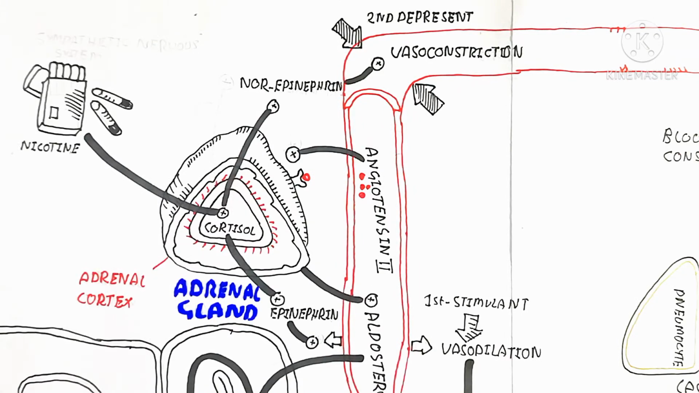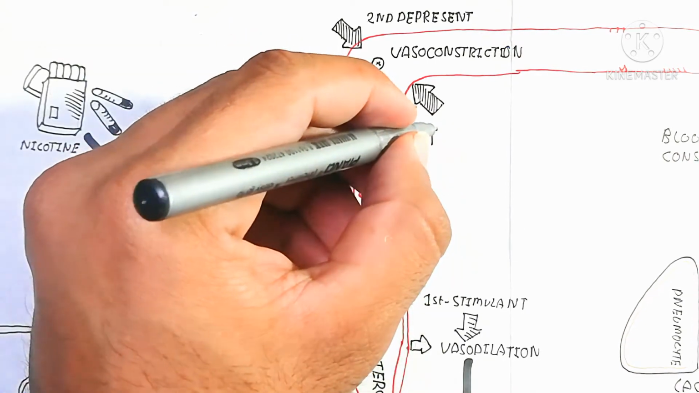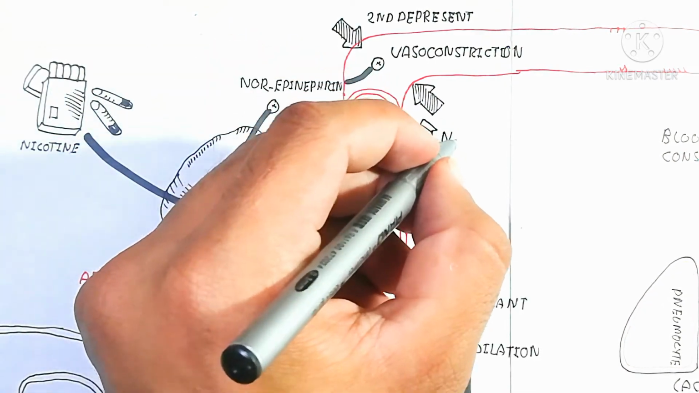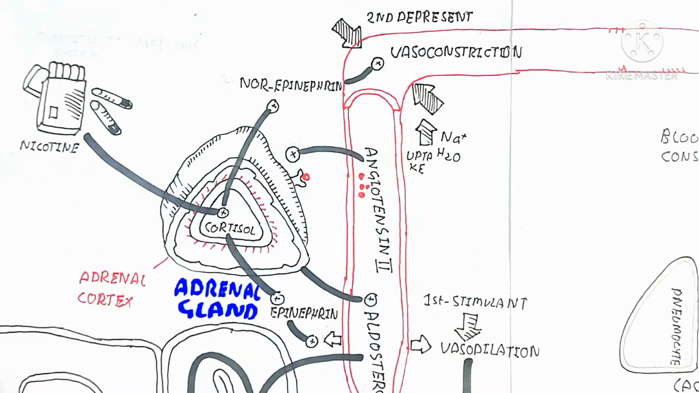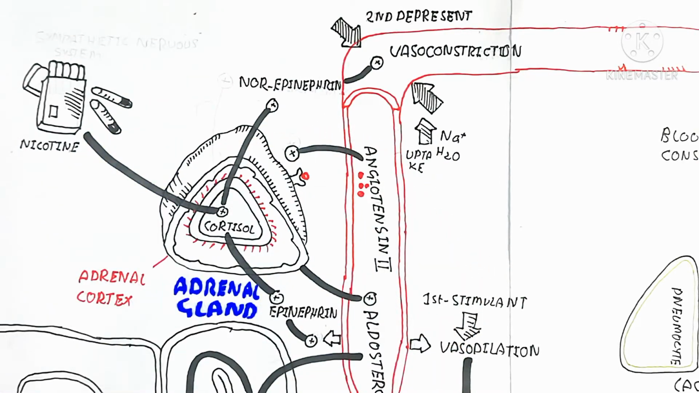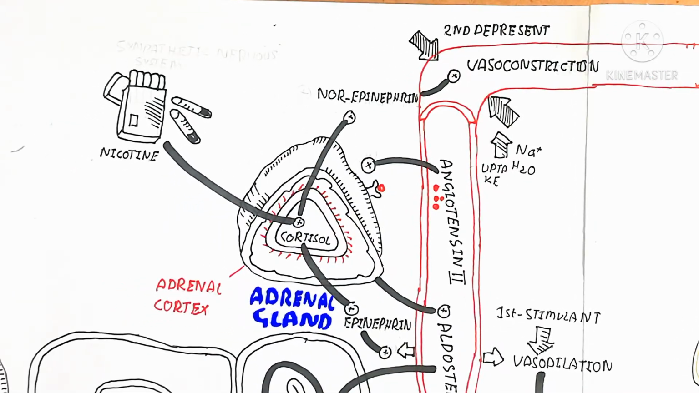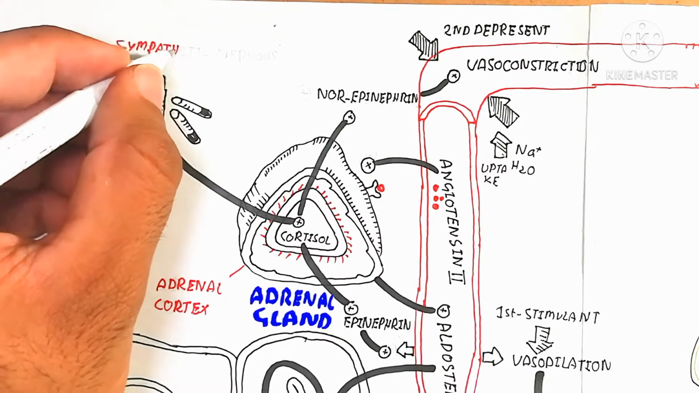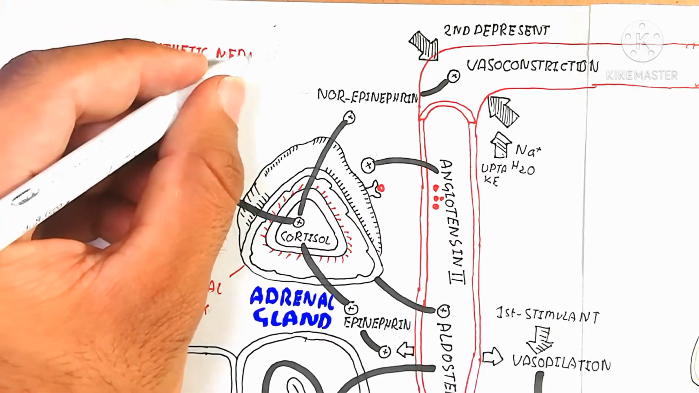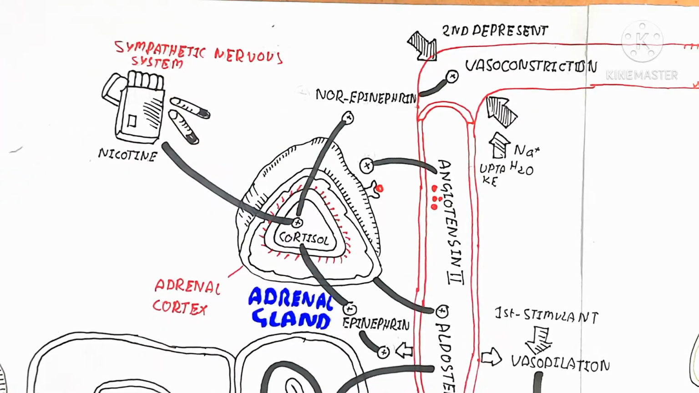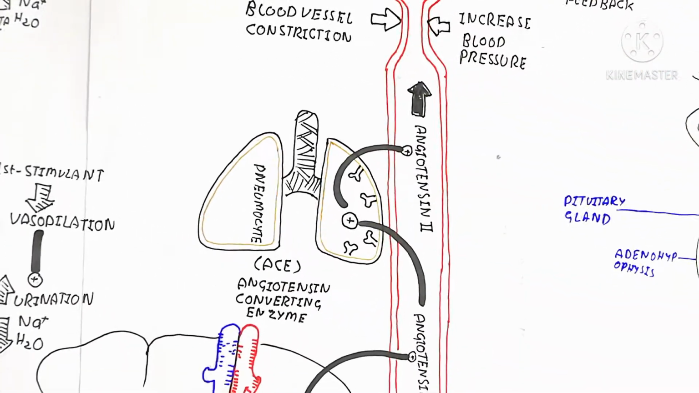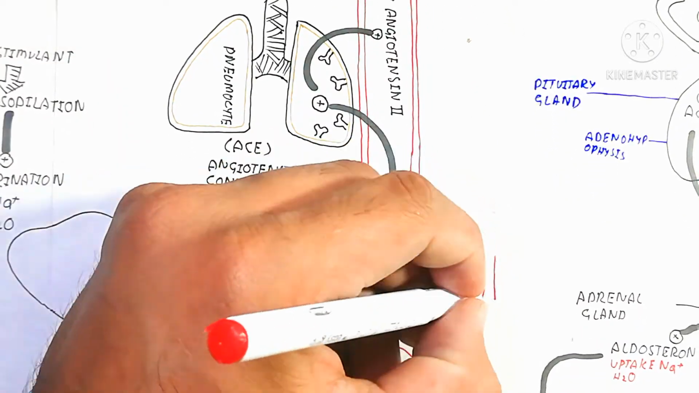Reabsorption. So the reabsorption of water and sodium will be decreased due to the higher blood pressure. The blood pressure will rise to decrease the reabsorption. So the first is the stimulant and the second is the depressant. Stimulant means vasodilation. First of all, vasodilation will occur, and after that urination will be formed. On the other hand, the second, the depressant, is the vasoconstriction,